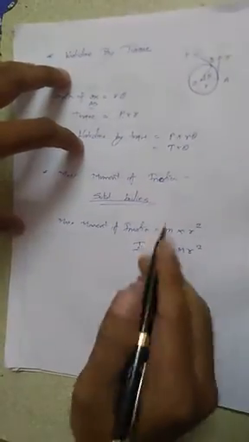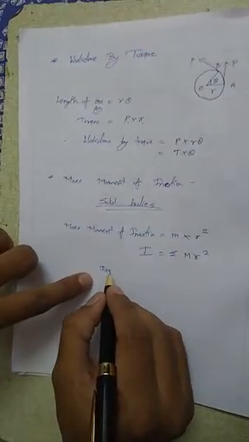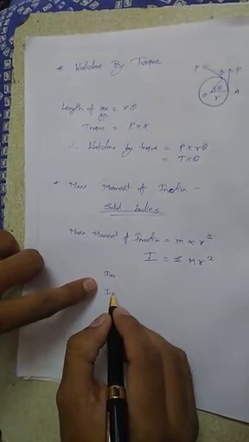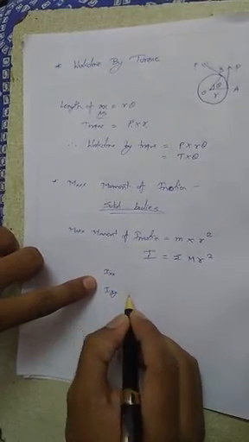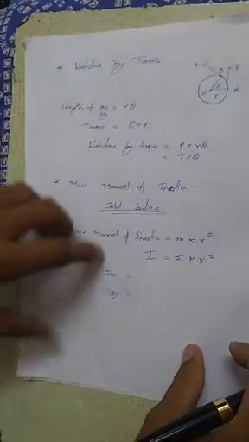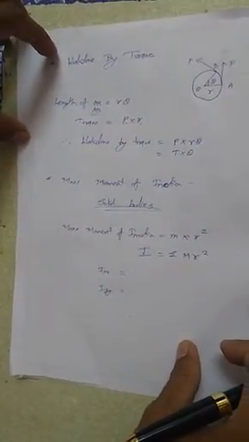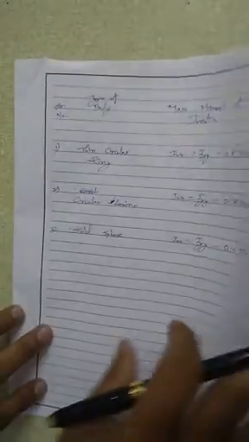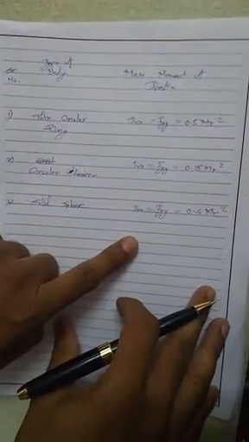So these are some examples. If it is for the x axis, we will denote that Ixx. If we want to find the moment of inertia for the y axis, then we denote that Iyy. There are some examples based on that. That means the standard shapes and their mass moment of inertia. So this table shows some types of bodies and the mass moment of inertia for those bodies.